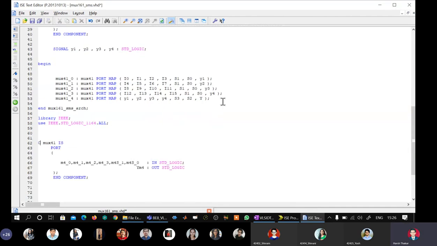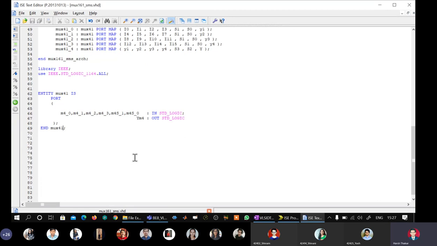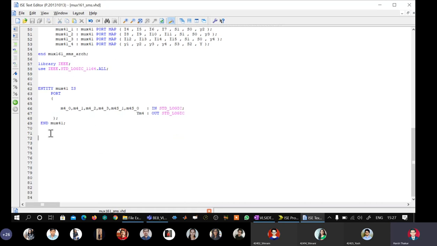Instead of component, just write entity here, ENTITY, and write the entity name mux41. Otherwise everything else remains the same. So our entity declaration for the child entity is over. Now we have to start writing the architecture. So you can copy this statement here. Only thing is that I have to change it to mux41.